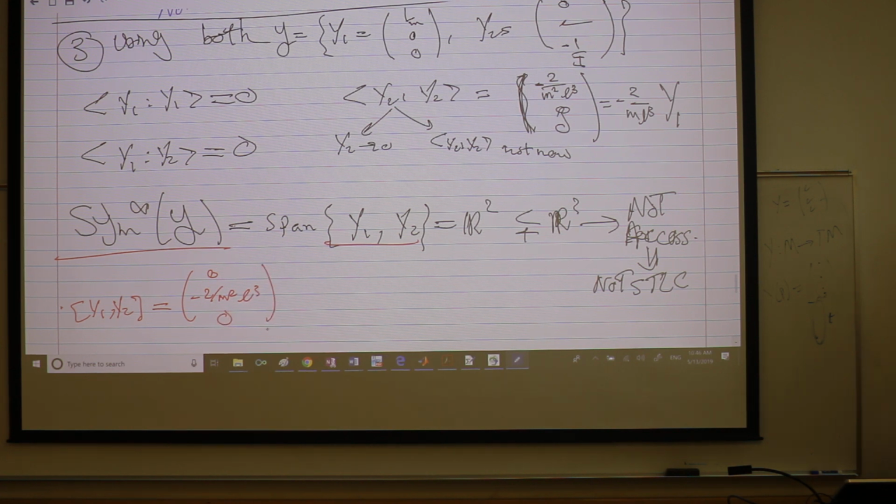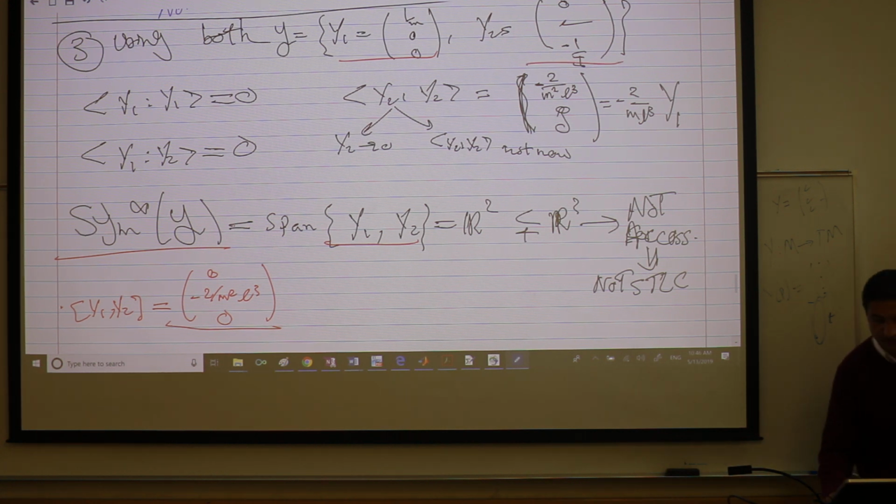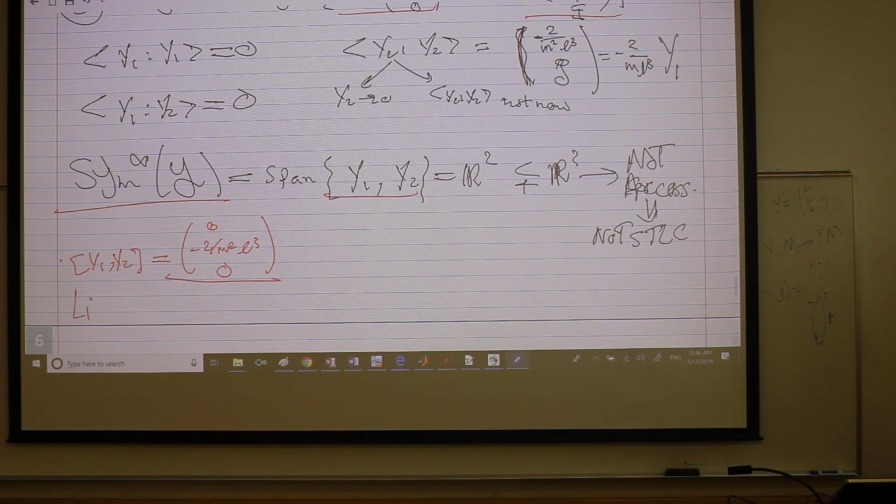So you can see that this guy, along with that guy and that guy, the 3 give you the entire tangent space. So indeed, the Lie algebra of the family y is the span of y1, y2, and their Lie bracket. This covers the entire tangent space